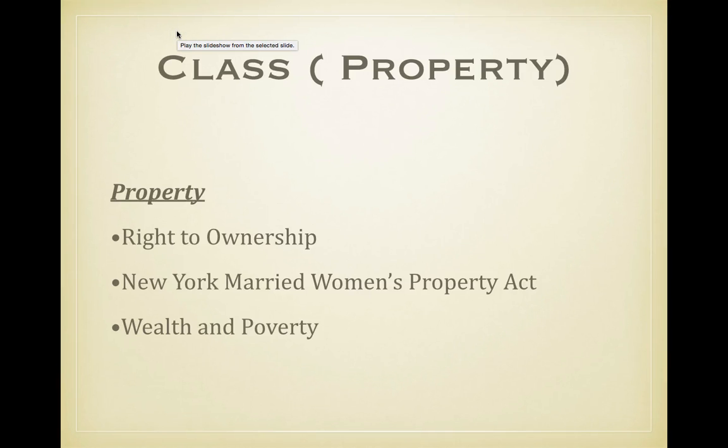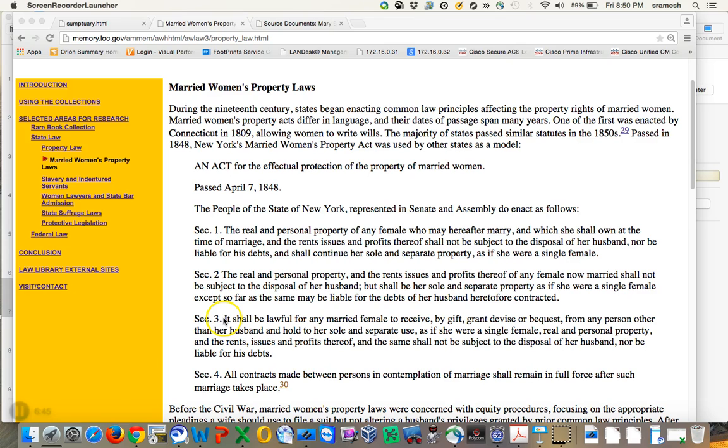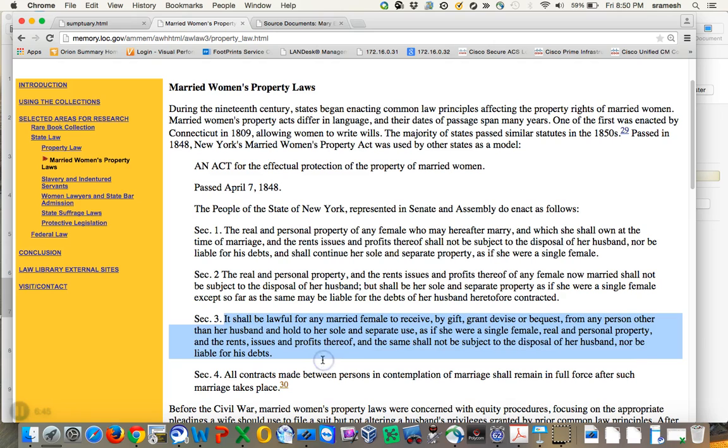In our fourth primary source, we look at the New York Married Women's Property Act of 1848, which provided the necessary guidelines that guaranteed a woman sole ownership to her real and personal property, whether acquired before or after marriage. This law exempted the husband of a married woman from acquiring or controlling of property owned by his wife.